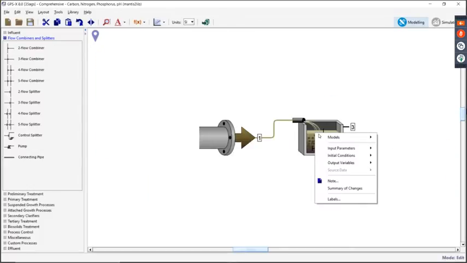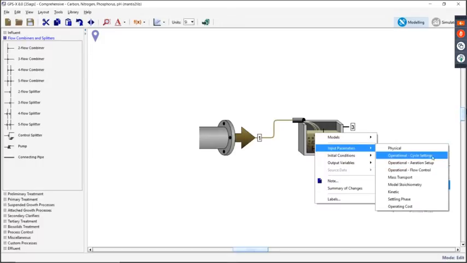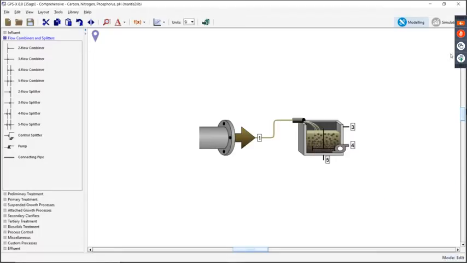And then you also have these types of menus here for setting the cycles, and it's very much the same way you would do this for the SBR. So if you're familiar with setting up an SBR, it's very much the same kind of way. And then many of these other things are very much like our biofilm models as well.